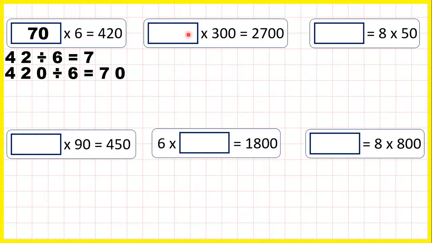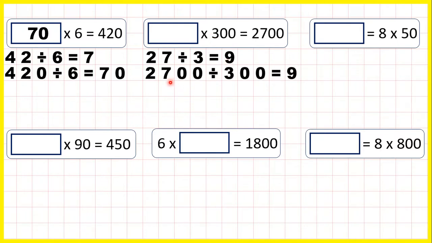2,700. Again, it's a missing number multiplication, so we need to use division to find the missing number. Now we know that 27 divided by 3 is 9. That means 2,700 divided by 300 is also 9, because we can cancel our two end zeros, and then we get 27 divided by 3. So 9 times 300 is